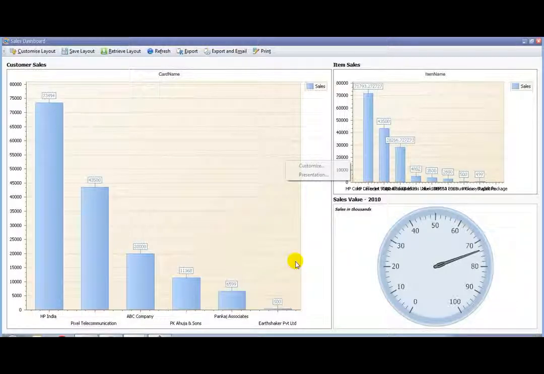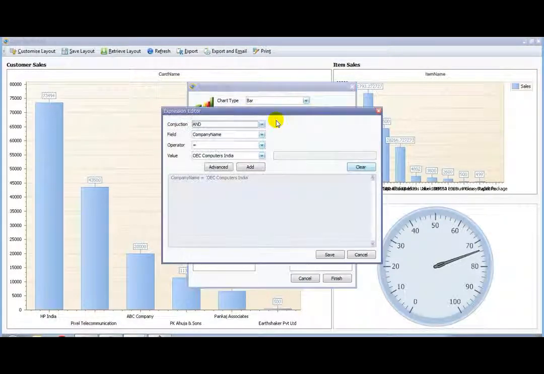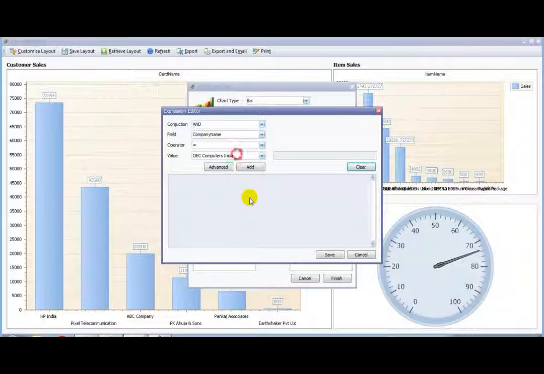The dashboard is loaded. As you can see, the dashboard has multiple dashlets. Each dashlet can be customized according to the user's needs. So let's say this dashlet has a filter. This filter can be cleared and other filters added. So currently there is only one company, so you're seeing only one company, but let's say